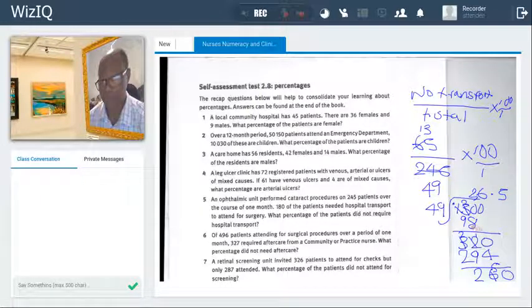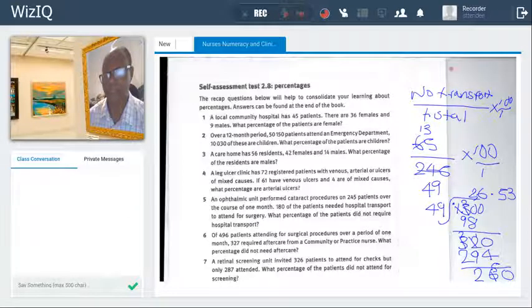Not possible, so try 3. 3 times 9, 27. 3 times 4, 12. 12 plus 2, 14. So it's going to be 147. Okay, and 10 take away 7 is going to be 3. We have 30, so we're going to have a 0. So the answer is 26 point